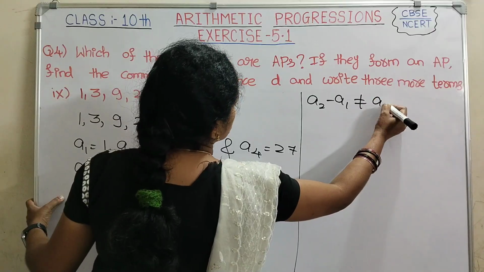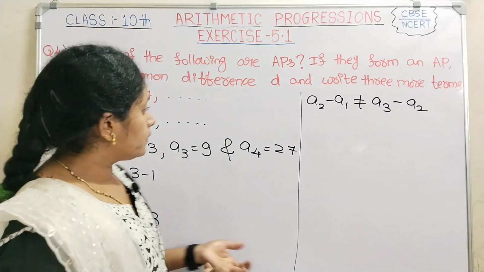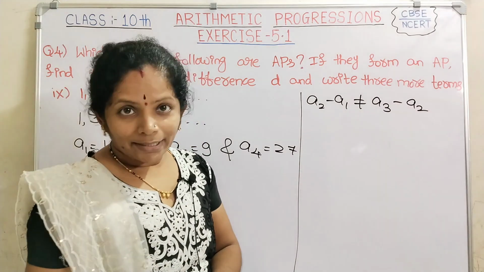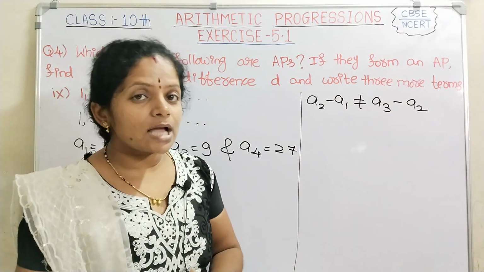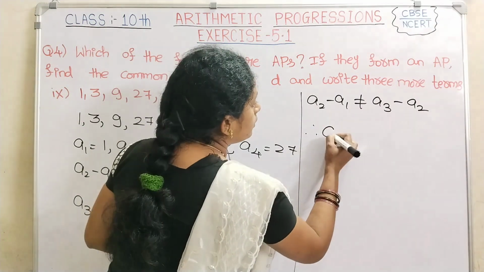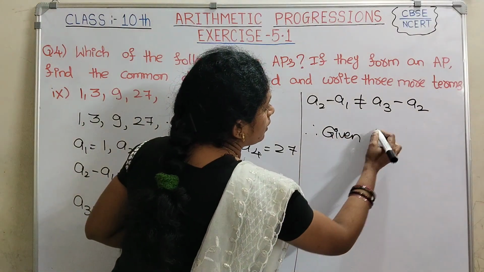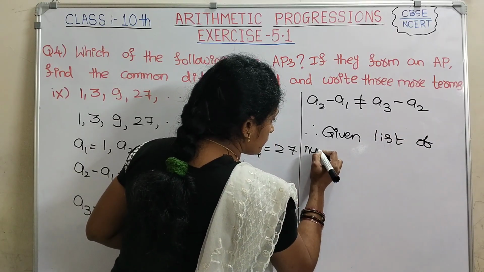A2 minus A1 is not equal to A3 minus A2. If their differences are not equal, then what can we write? Therefore, the given list of numbers